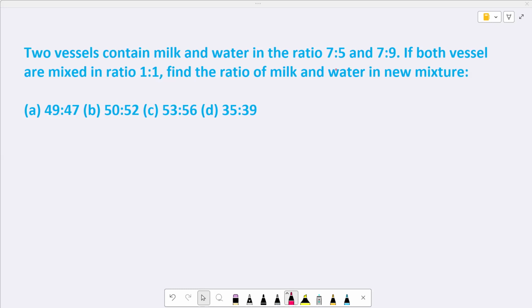In this video, we'll be dealing with ratio questions. The two questions of today will be of the type where we are dealing with mixtures and the ratio in which we mix the mixtures. So, the first question of today says: two vessels contain milk and water in the ratio 7 is to 5 and 7 is to 9. If both vessels are mixed in ratio 1 is to 1, find the ratio of milk and water in the